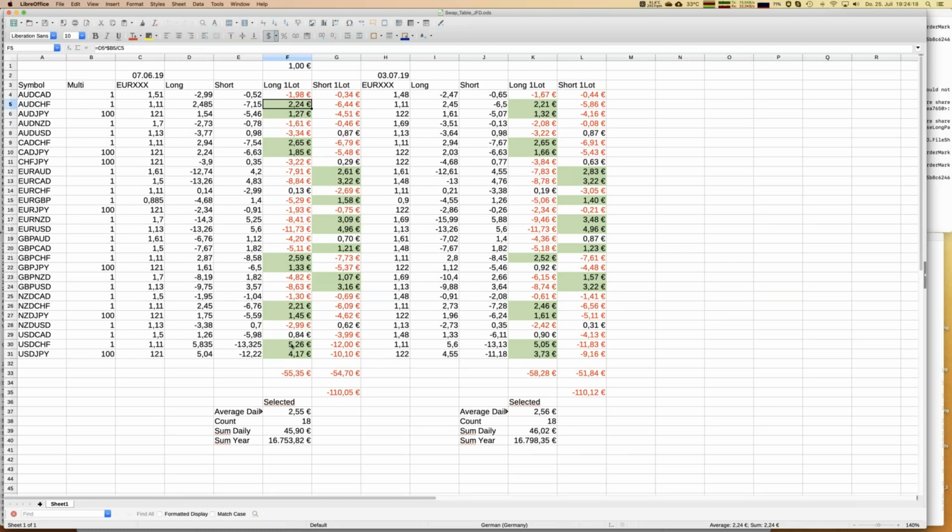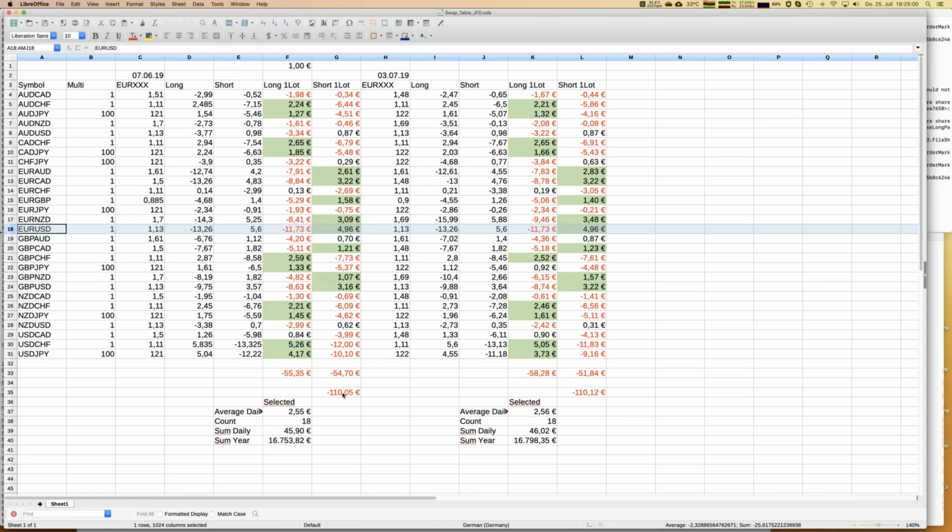And you can see the highest number, as I mentioned already, is US dollar, Swiss franc. And the reason, okay, United States have not really high interest rates, and Swiss franc is negative, and exactly that's the reason why we have the best number for US dollar, Swiss franc for a long trade. And you find my example with euro, US dollar. Okay, a short trade should have been positive with swaps, and it is indeed, as I told you the story around. Let me sum up everything then in total.